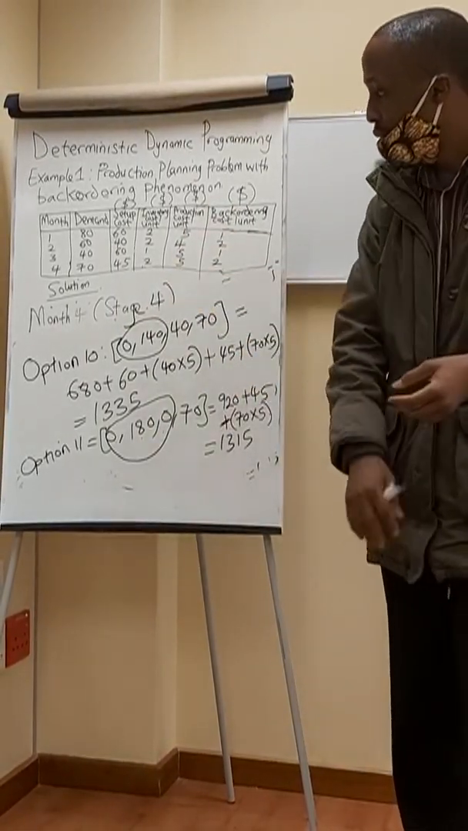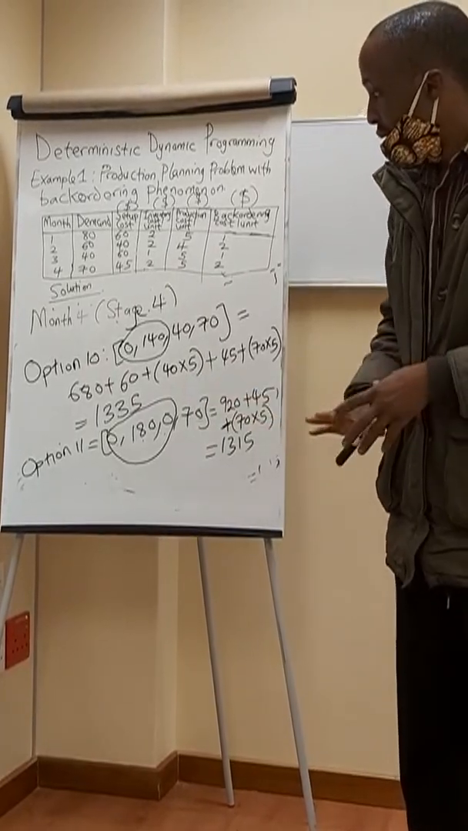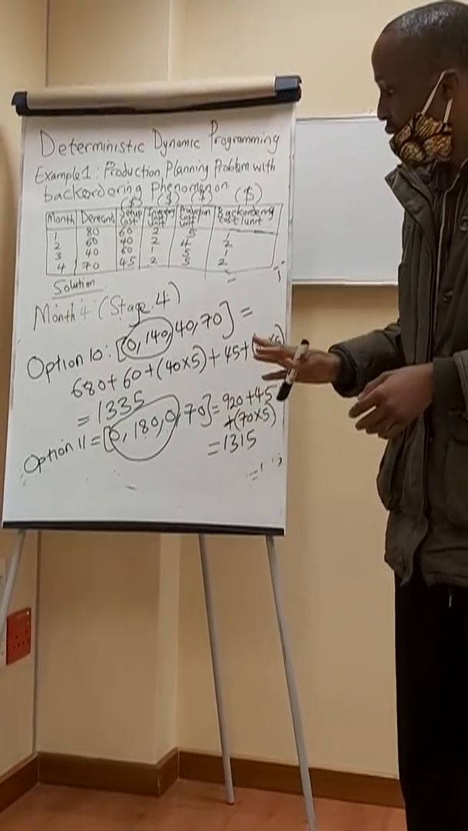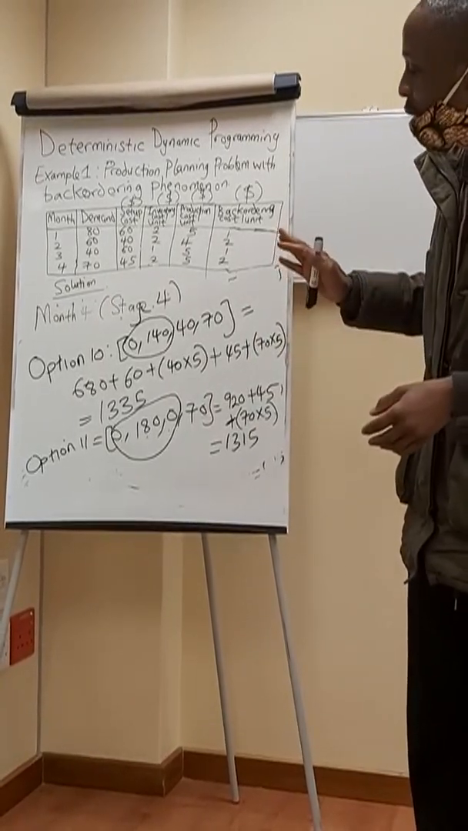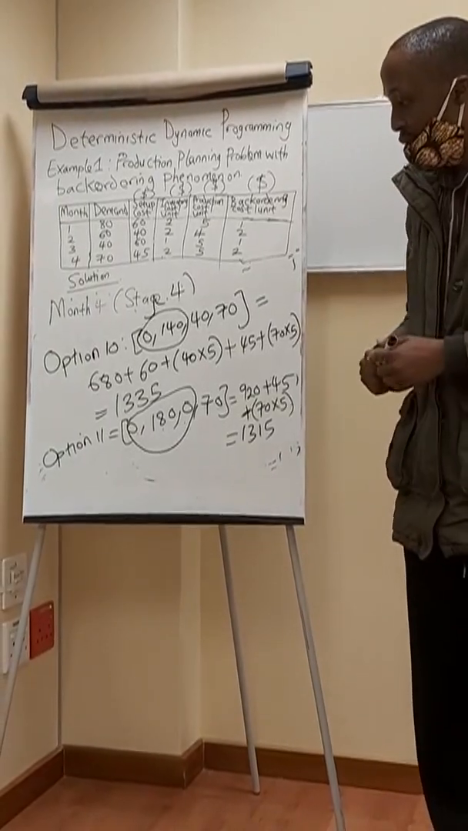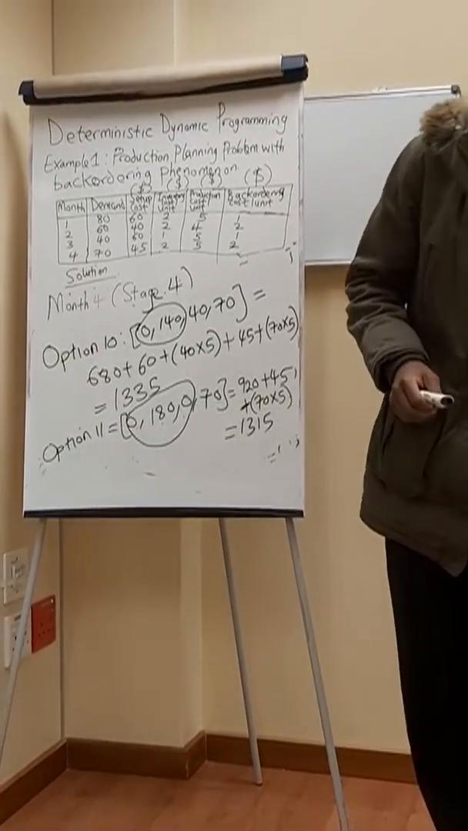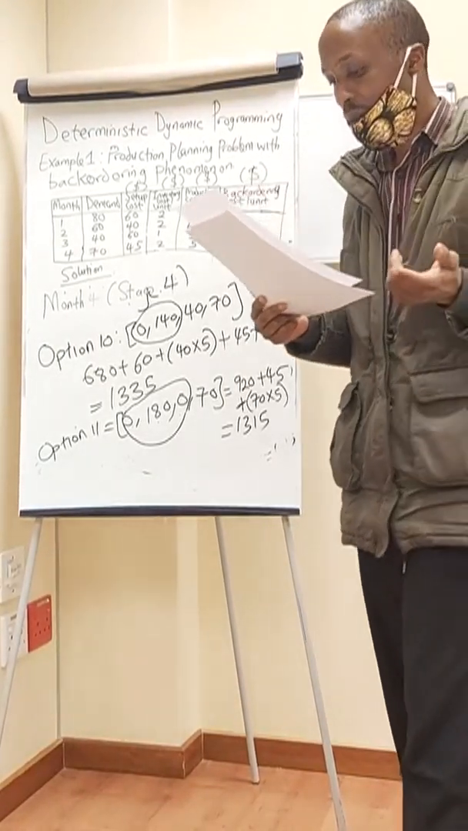So let's check in month 4, which solution gave us the minimum solution cost. We need to check all our solutions for all the options. If you check it very well, you see that option 1 gave us 1940, option 2 gave us 1410,